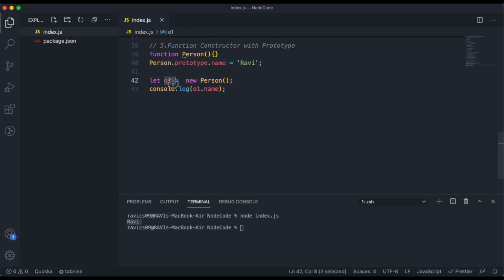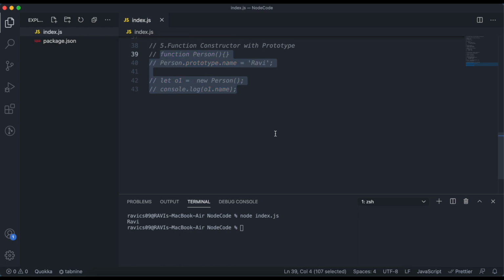Now this is an object and now we are calling o1.name. So we are accessing the property of the o1 object, o1.name, and it will return its value Ravi. Therefore you can see the name Ravi is printed. So this is the fifth way you can create object in JavaScript.